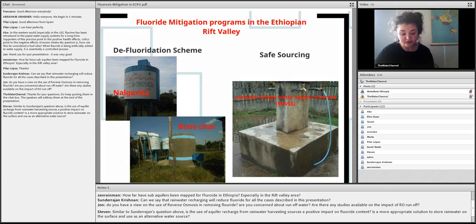On the other side, we have bone char. Bone char is a locally produced filter, using bones collected from local butcheries, mainly from cows. Here in the Rift Valley, it has been implemented by OSHA, also a local NGO present in the Rift Valley, but it has also been supported and financed by the Swiss and British funds and supported by EAWAG, the Swiss Aquatic Research Institute. And they have a production center of these bones near Adama.